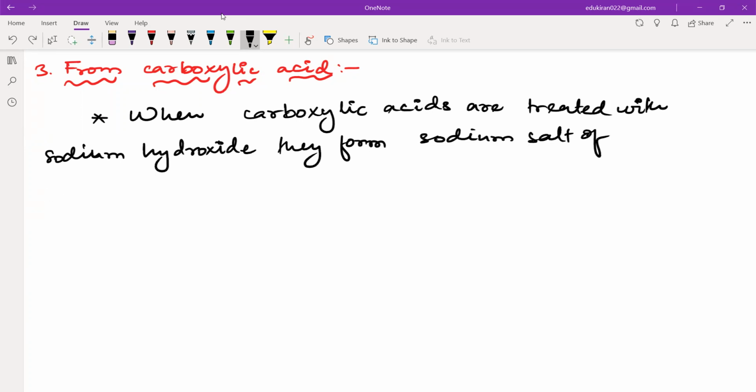So carboxylic acid, I'm just writing C acid, okay? Sodium salt of C acid, that is carboxylic acid. On further reaction with